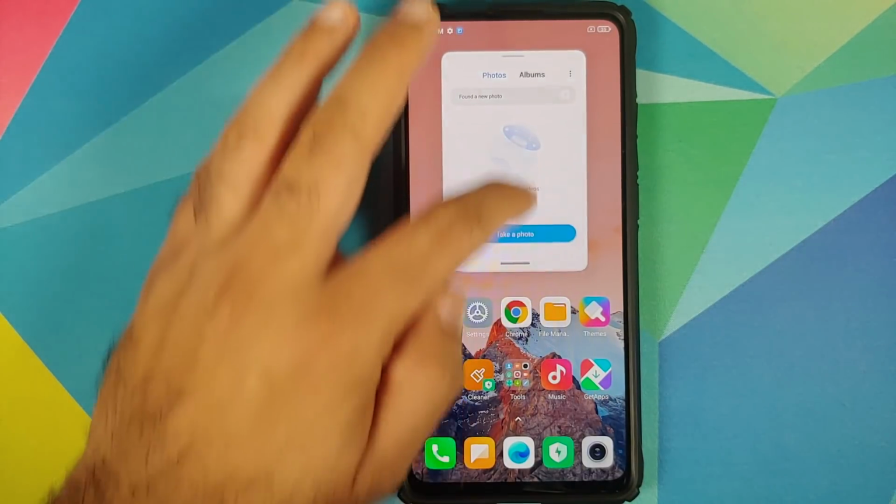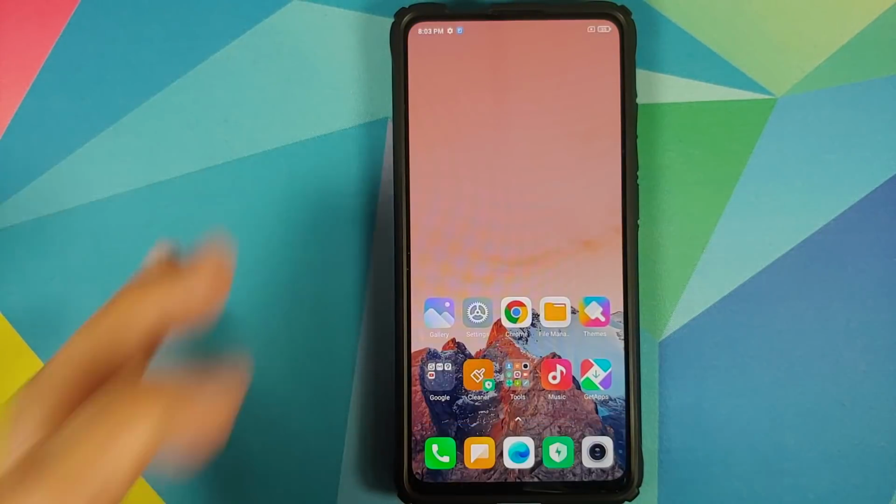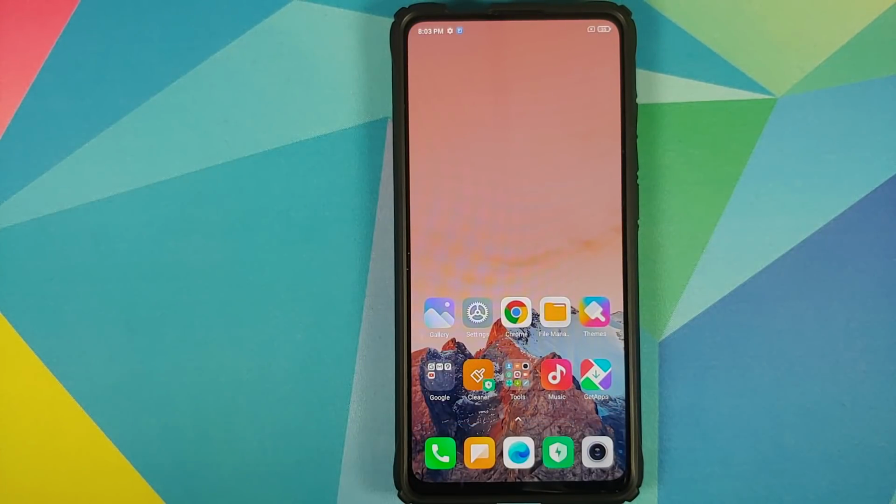In the previous build, the corners were not rounded, and I personally think that this is because they provided an update to Poco Launcher. So this isn't something new in 12.0.2.0. This would be the same if you are on 12.0.1.0 with the latest build of Poco Launcher, as I call it.